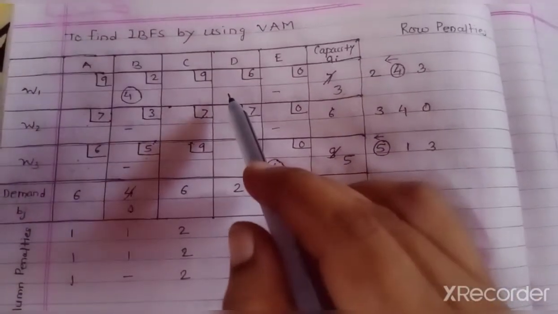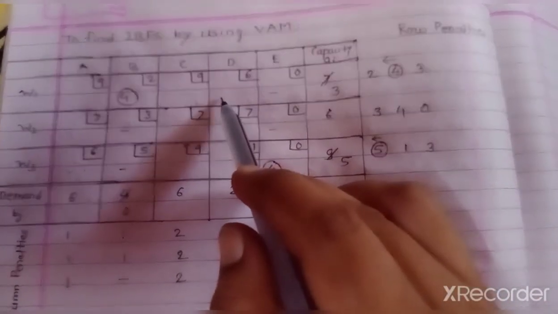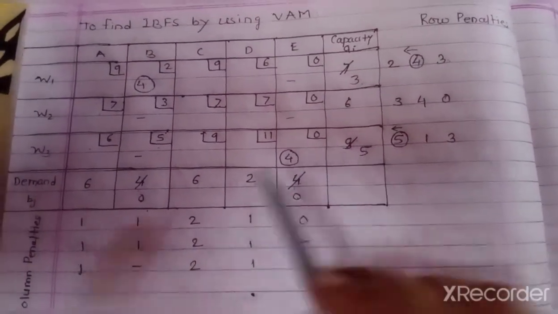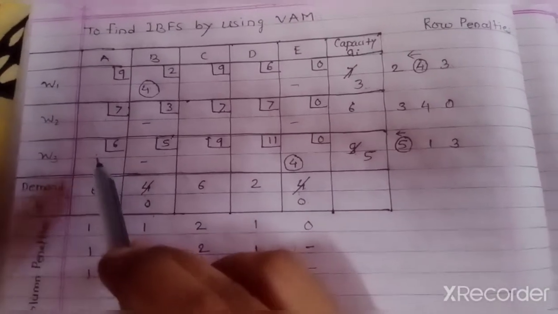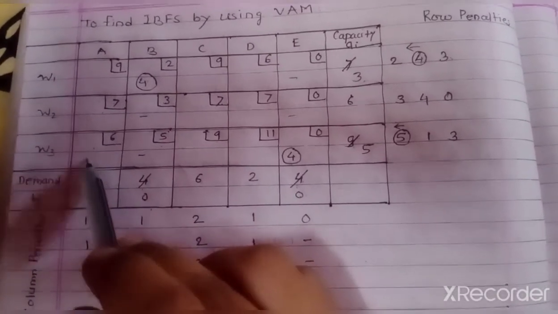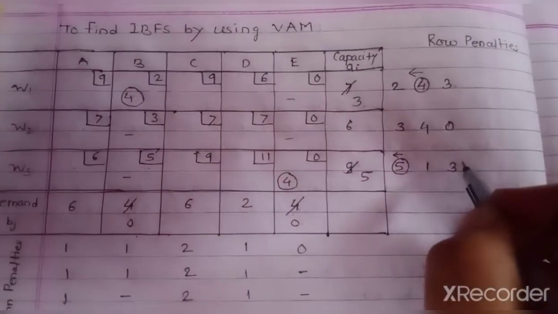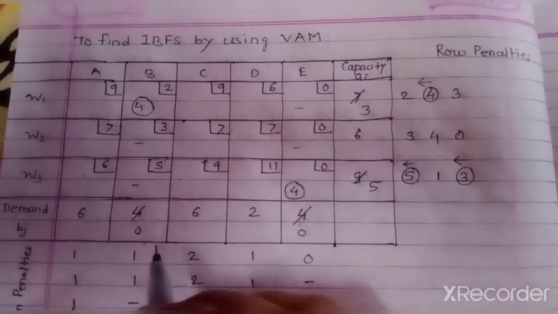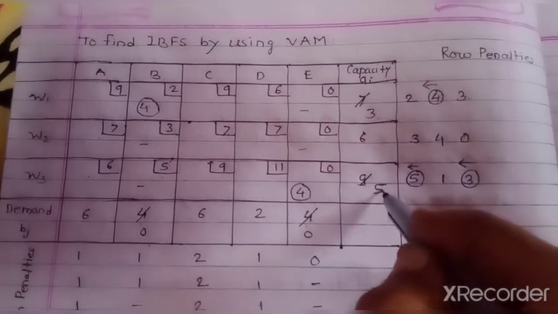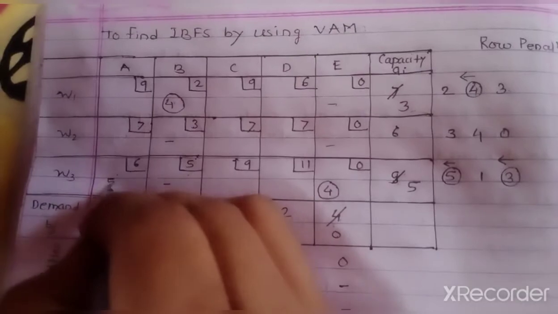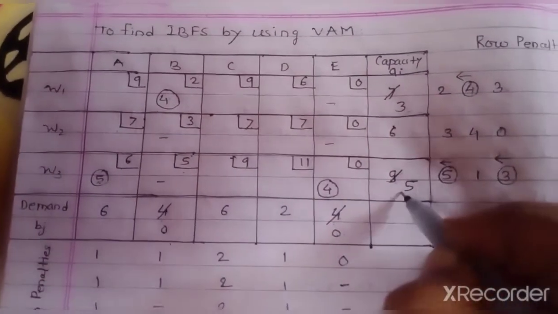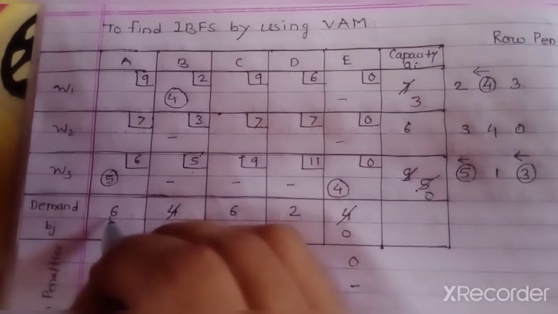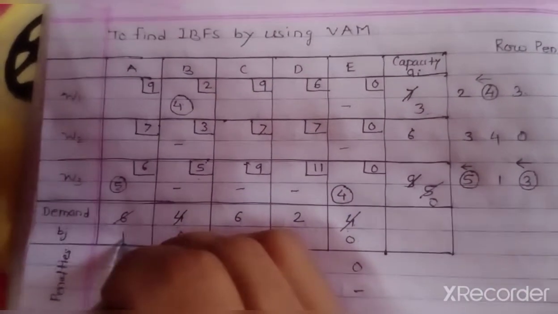So here we fill the 2 among 3 and 2, and here we fill the 5 among 5 and 6. So we have to fill the maximum in this entry, this cost. So we consider this row for the allocation. Now among 5 and 6, the minimum is 5, so we fill the 5 here. That 5 minus 5 is 0, so we mention a dash here. At the same time, we subtract that 5 from the 6, so there remains 1.